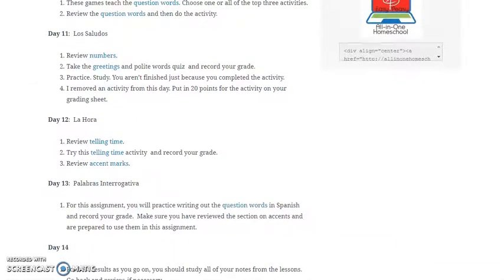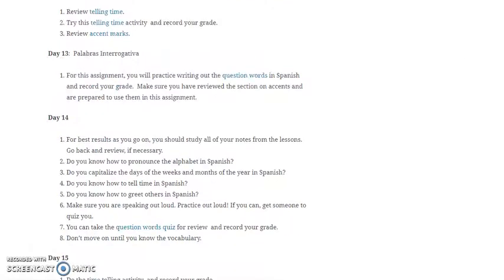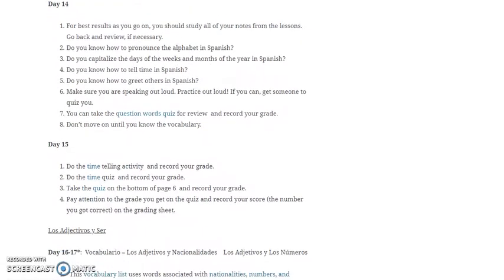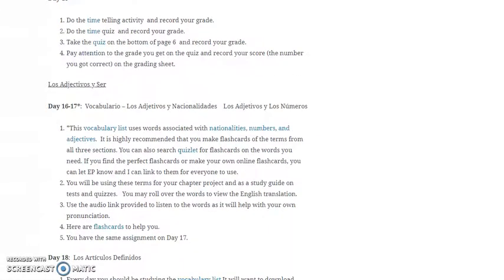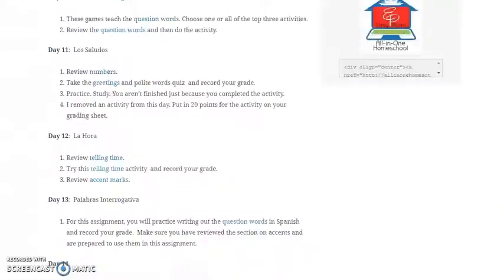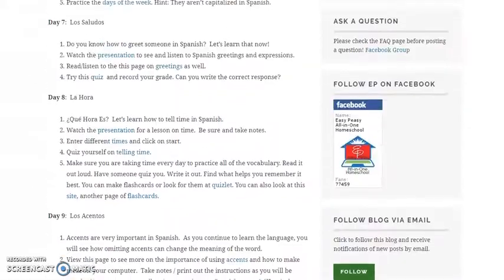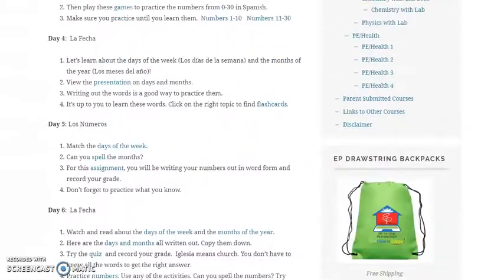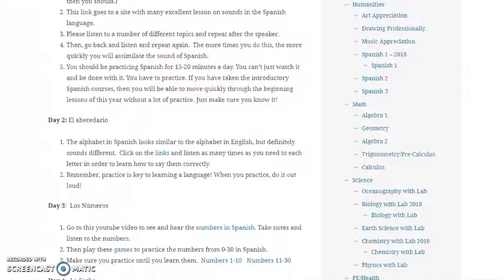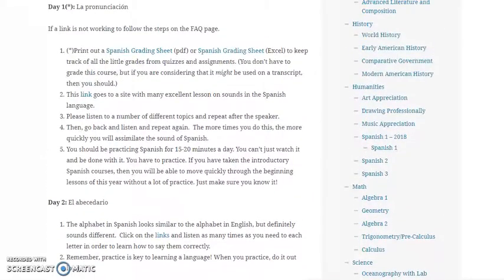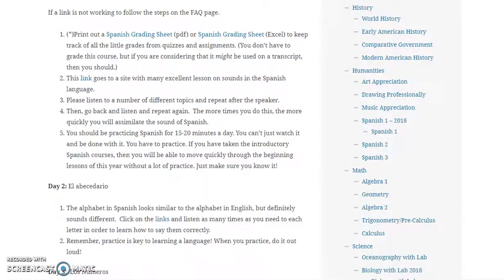They're going to be speaking out loud to you, and there'll be written assignments that you're going to have to grade, even though you might not know Spanish. So I do my best to give you guidelines for how to check their work. And you're going to be using the different links on here to see if they spell things correctly, or if they use the right grammar, as best I can. There's only so much I can do, but I do put in grading guidelines to kind of help you through that. How you're going to grade them speaking Spanish if you don't know what they're saying. So there are rubrics for that to help you.